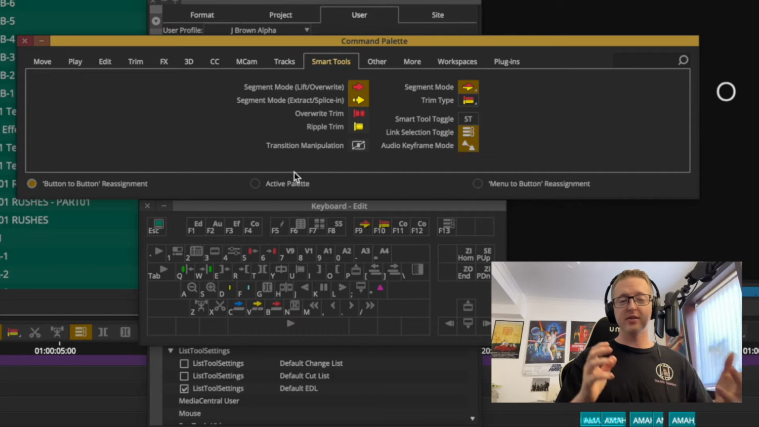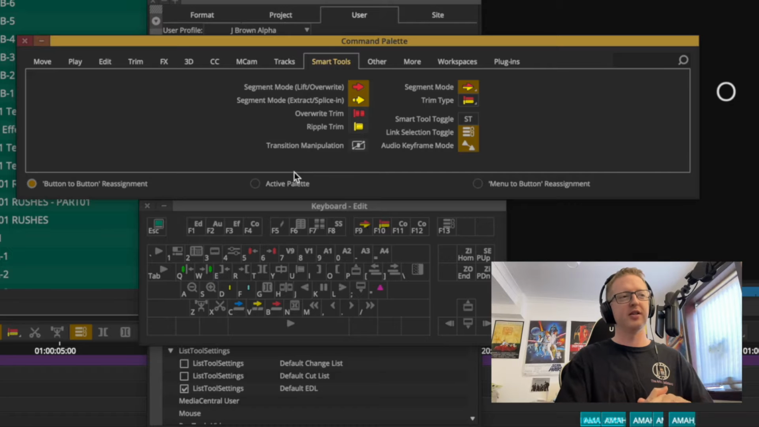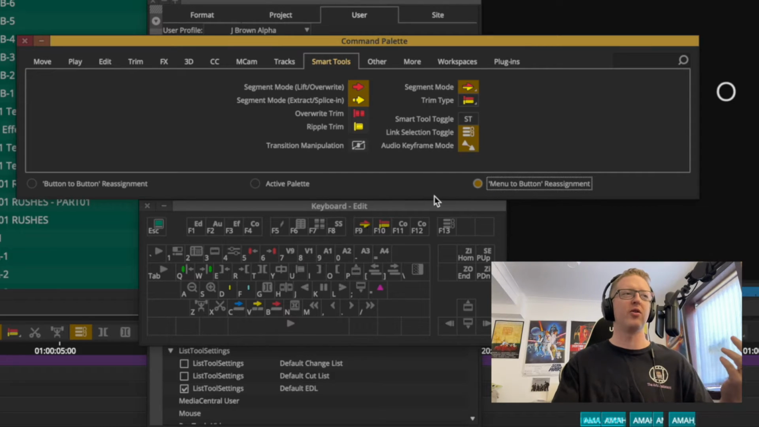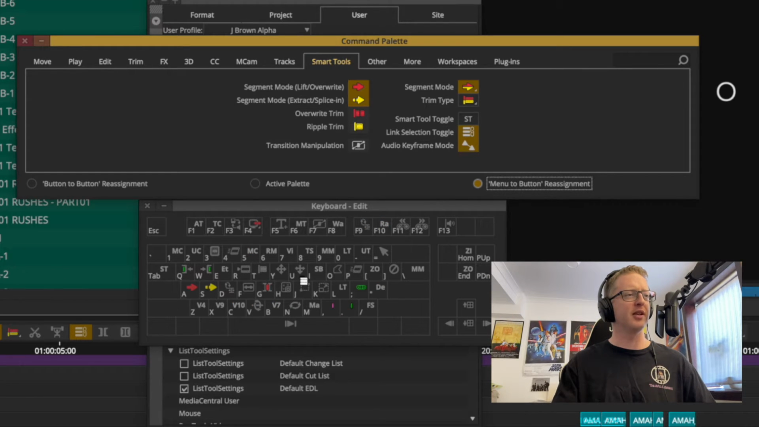Right, now before I get to the juicy bit of showing you some unique and useful keystrokes and shortcuts that you can use, I did say that there was two main ways of mapping keys, and it is the other one, which you'll find over here, called menu to button reassignment, which unlocks a lot of the less commonly mapped functions. So how this one works is if we find a key, what's a key I don't particularly care about, I'll say Shift Z,